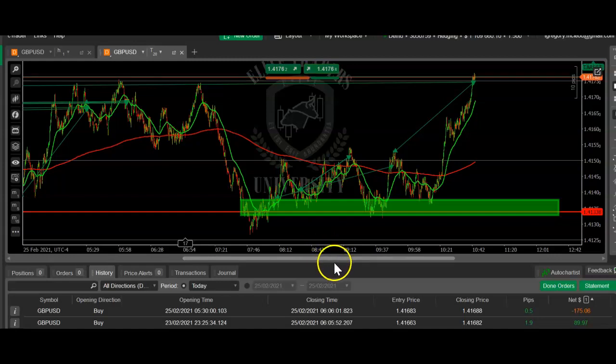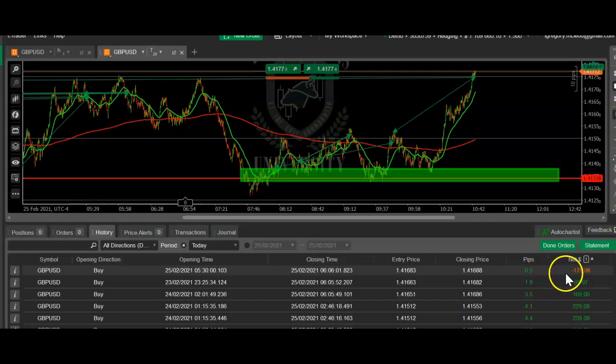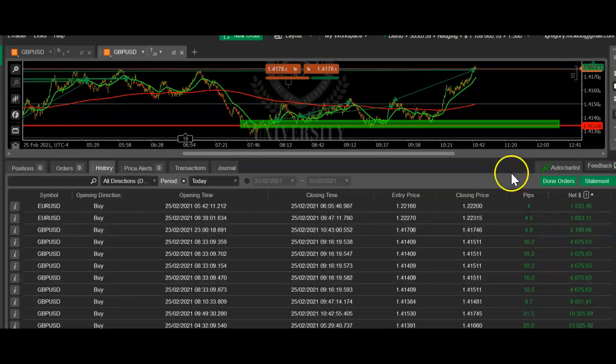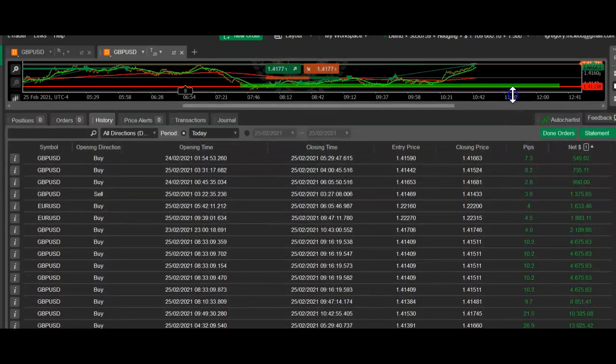Okay, and then let's take a look at what we did. We had one loss that we took for about 0.5 pips, and we didn't cover the spread. But we did take a number of trades today, all of them dated February 25th. That's today. And so we had a number of pips that we did. Just a tremendous trading